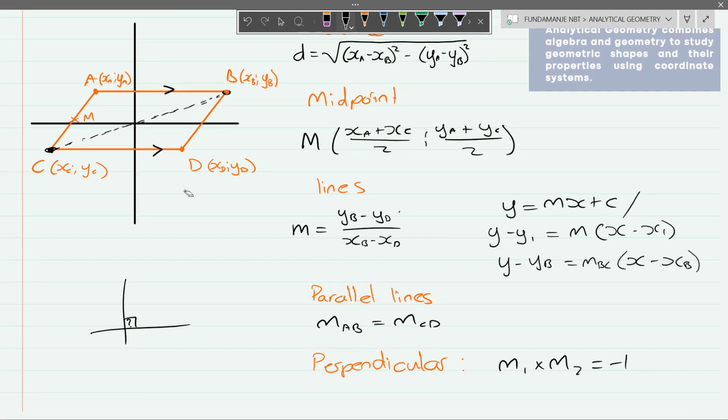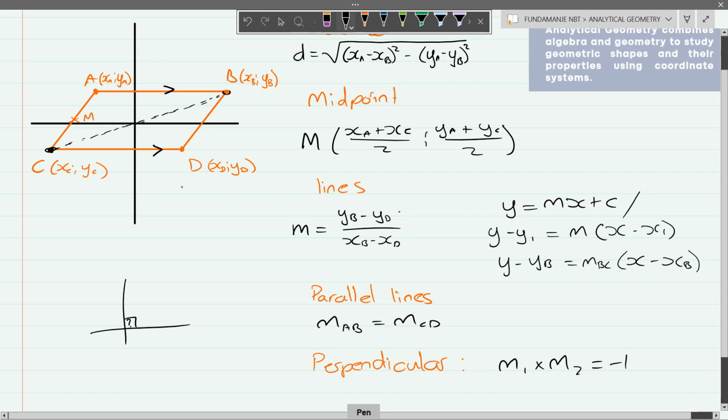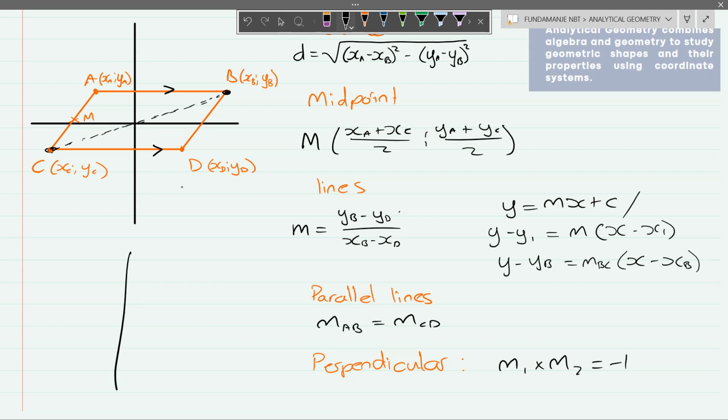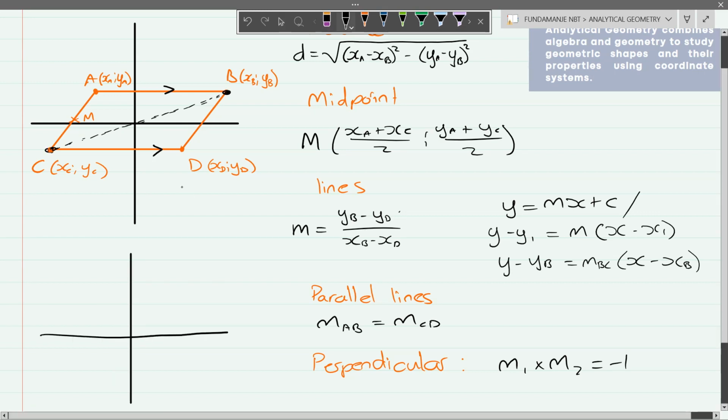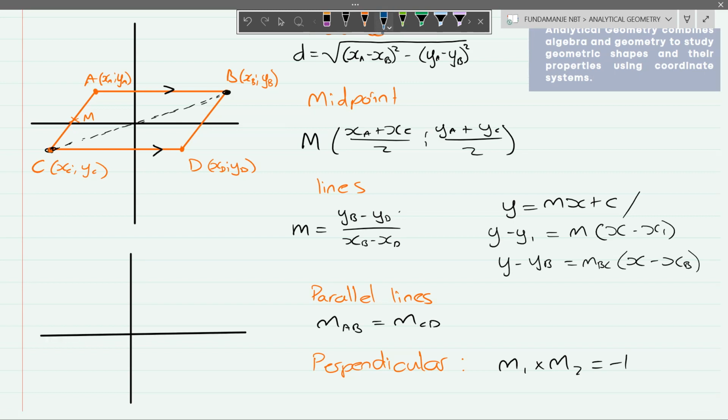Another tip: let's say you have your Cartesian plane and you draw two lines on it, and you know for a fact that these two lines are perpendicular. You know the gradient of one; I'll say this is m1 and this is m2. You know that m1 is equal to